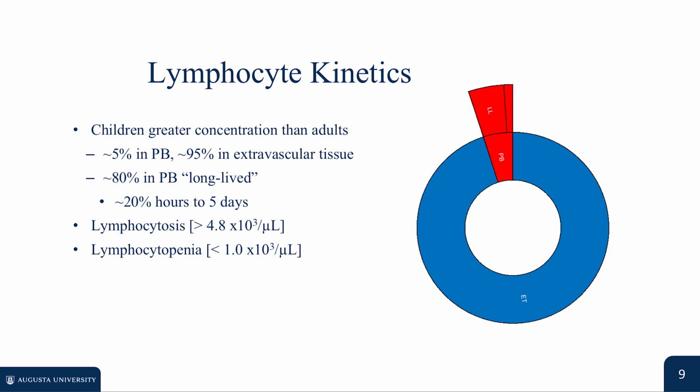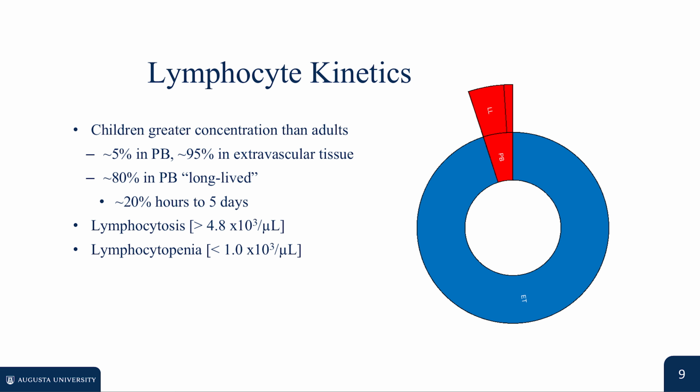time. The remaining 95% is sequestered in extravascular lymphoid tissues, including lymph nodes, the spleen, mucosa-associated lymphoid tissue, and lymphatic fluids. Peripheral blood lymphocytes are further divided by lifespan into two distinct dynamic populations. Approximately 80% of circulating lymphocytes are long-lived memory cells that continuously recirculate between blood and tissues for months, years, or even decades. The remaining 20% consist of